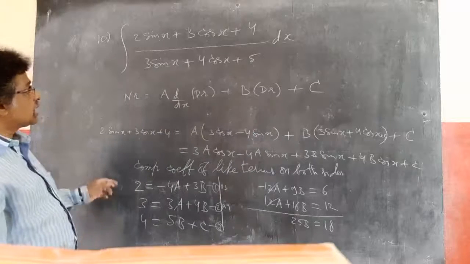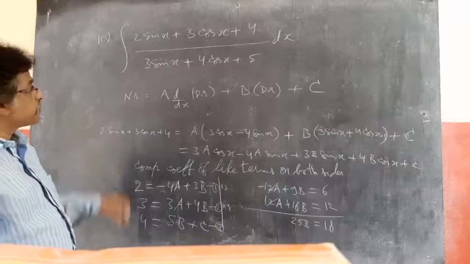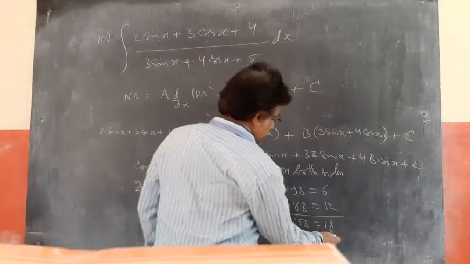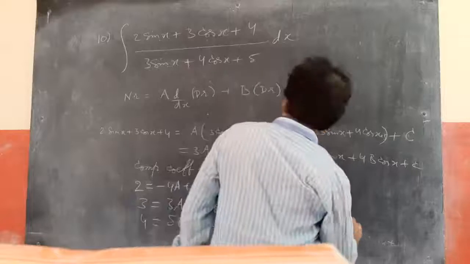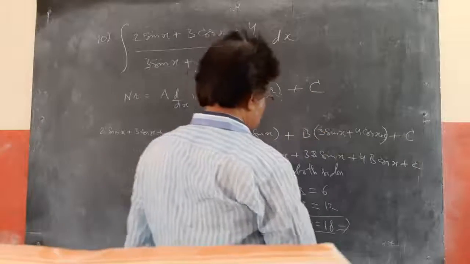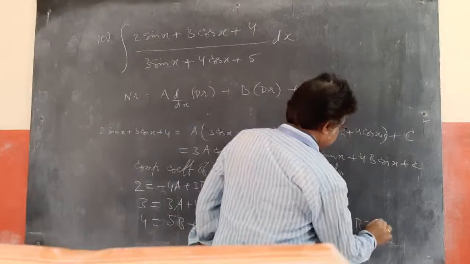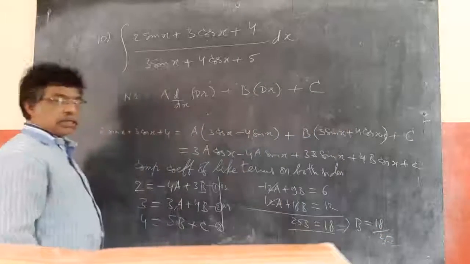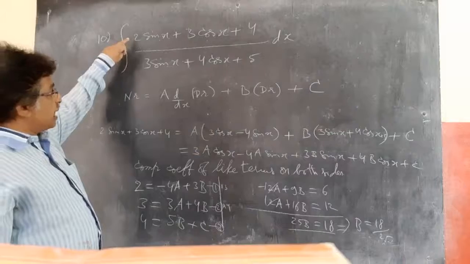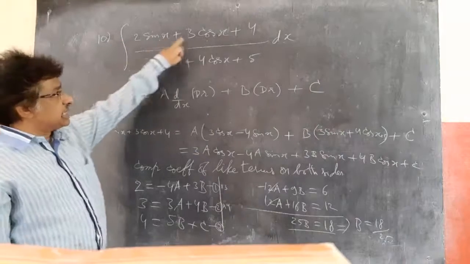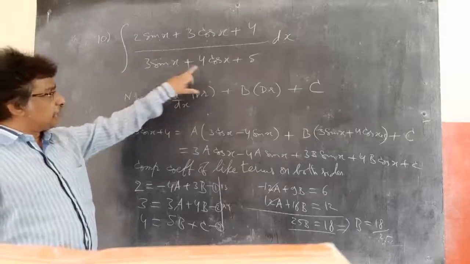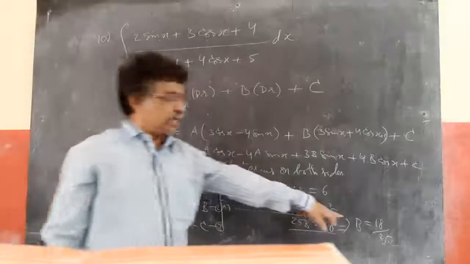Using the shortcut, you can do the same thing. b equals 18 by 25. We will go for the cross check shortcut. The b value is this into this: 3 2s are 6 plus 4 3s are 12, 18, over this square plus this square, 9 plus 16, 25. 100% right.